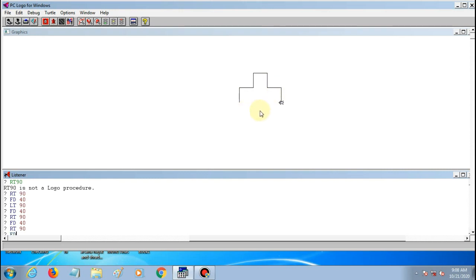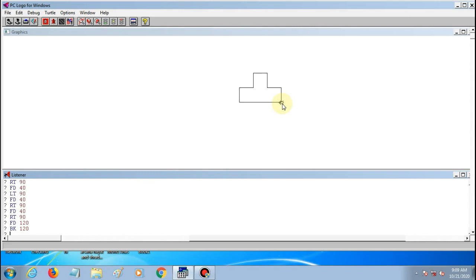So I will give here FD 120. So a victory stand is drawn. Now I want to move turtle towards back, so I will use here BK command and then 120.